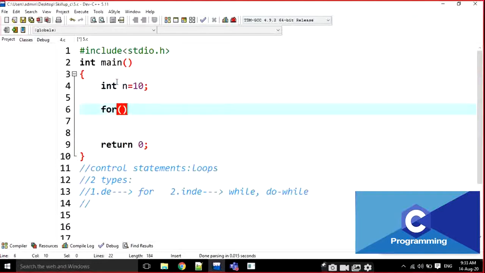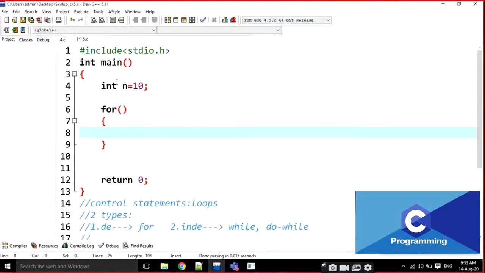A for loop has three blocks in the syntax every time. The first one is the initialization block, the second one is the condition block, and the third one is the increment or decrement block.